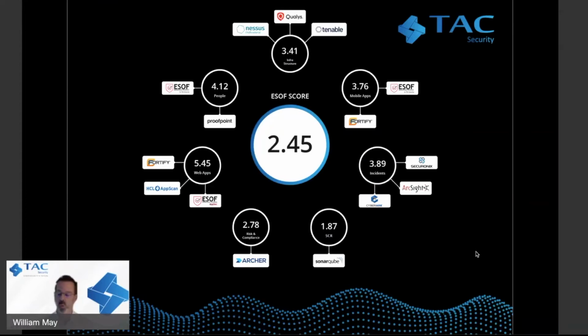It could be a single score, quite honestly, at the enterprise level. It can be a score down at the department level. It can be a score down at the stakeholder level or the asset level. And all of this nicely comes together and gives you the visual that you need to get real clarity. And the other side of the coin is that it's in real time. So that's the beauty of what you're looking at.